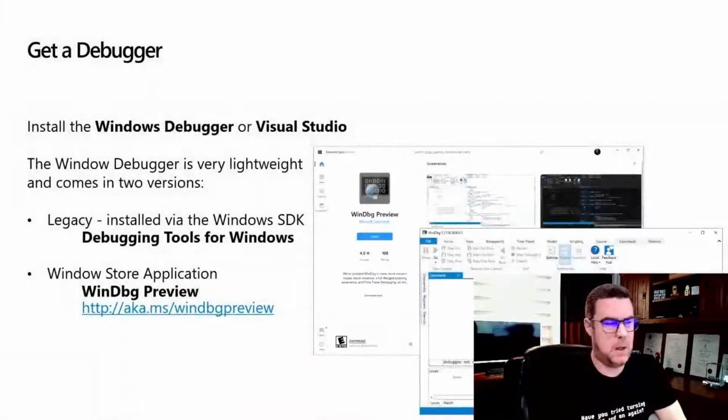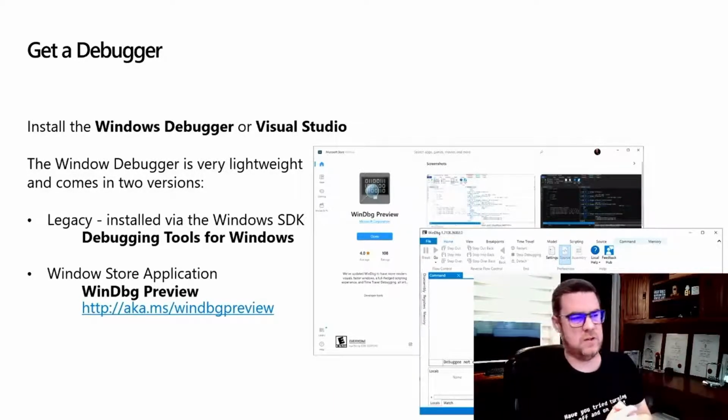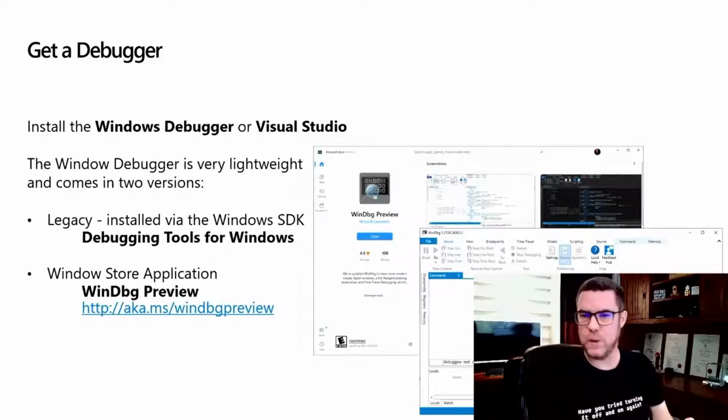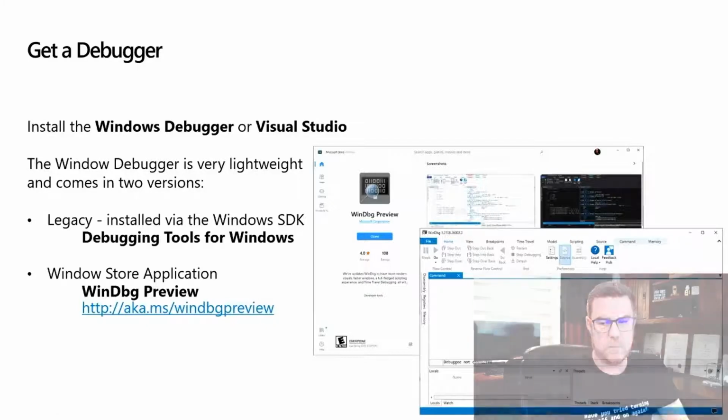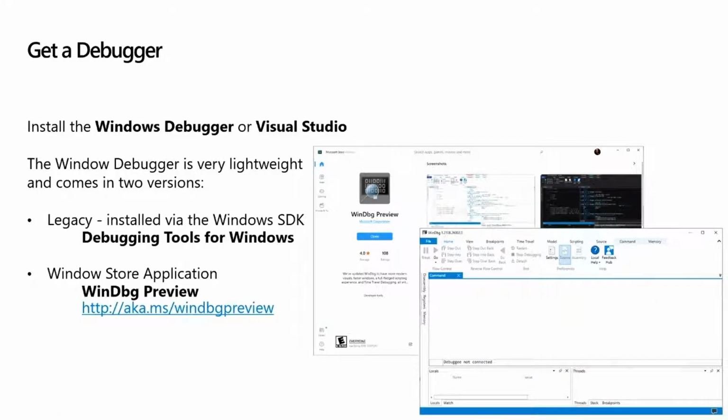So let's jump back into what you are going to do with these files. What's the next step? We need to get a debugger. Microsoft produces 2 main debuggers: the Windows debugger, which is a very CLI command line approach to debugging, and Visual Studio, through Code and all the other variations of Visual Studio, which is more of a GUI-based approach. Today, we're going to be using the Windows debugger style, the CLI, because I want to show you the nitty-gritty details of what actually is in a dump file.